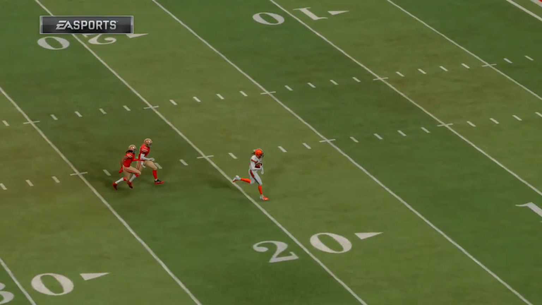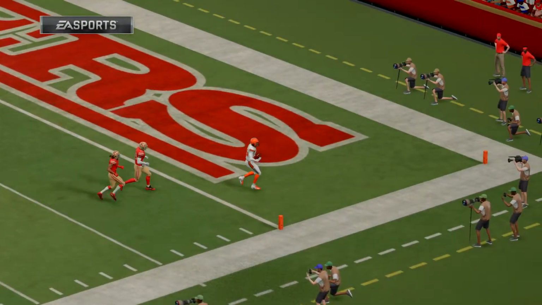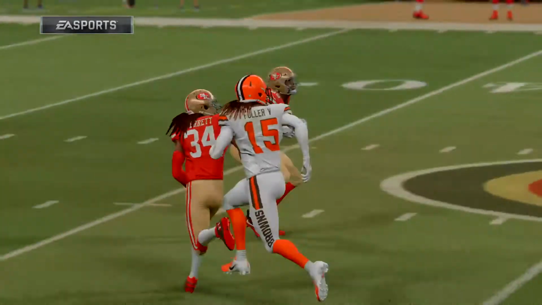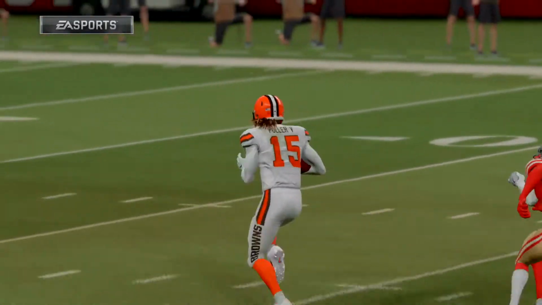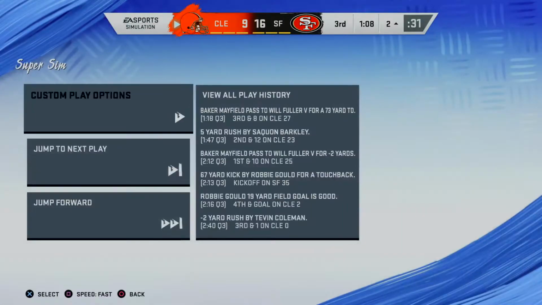The 21st pick back in the 2016 draft, Will Fuller, and we know that he can take the top off of a defense. He certainly can, and the way that he does it is just straight, pure speed. And I saw it with one of the better defensive...